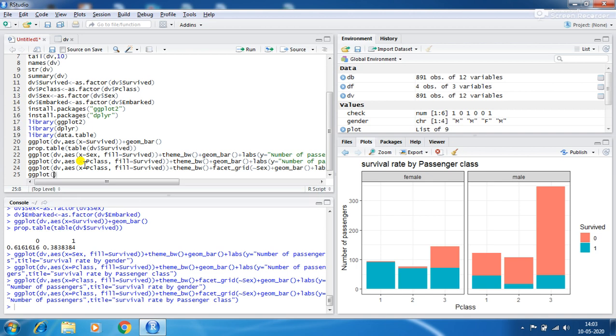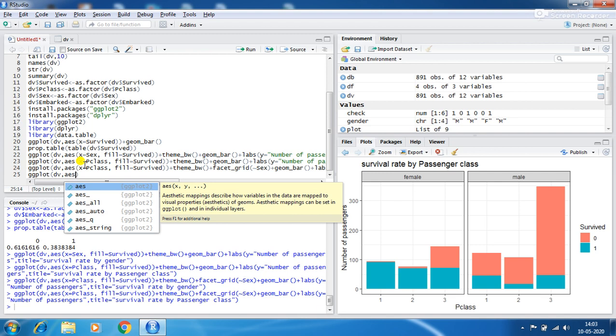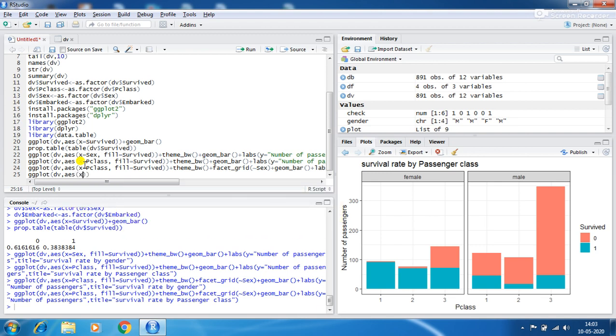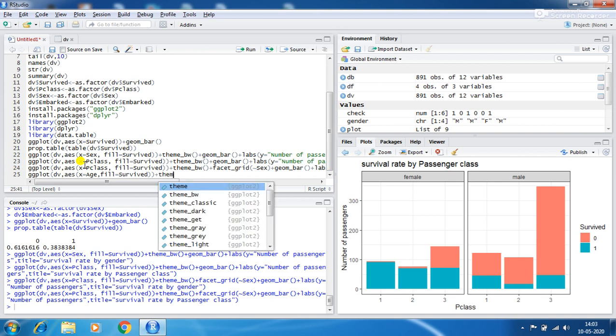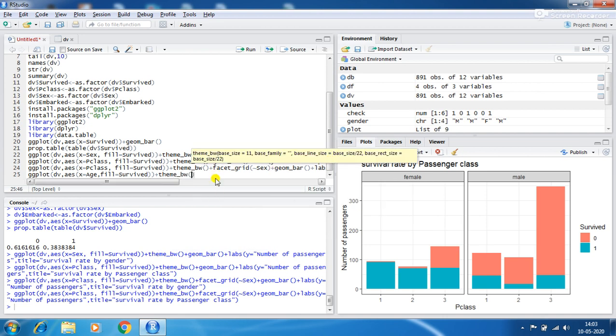Okay, then db comma aes, x equals age, because we find out which type of people survive in the ship, that is fill equals survived, plus theme_bw, plus I want to represent the graph in a histogram.